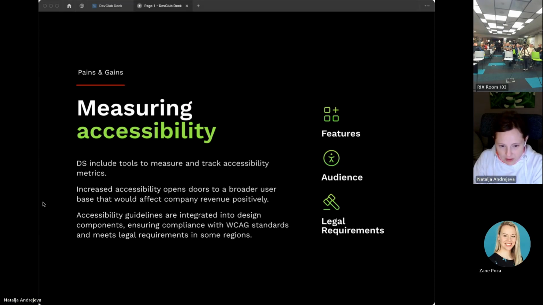Okay, so I would like to focus a little bit more on accessibility. Today's design systems include tools to measure and track accessibility metrics. Increased accessibility opens the door to a broader user base that would affect company revenue positively. So this is something that the marketing department would embrace, right? Especially thinking of the European Accessibility Act coming into effect in 2025, being compliant with accessibility standards becomes even more crucial. And design systems help us efficiently measure and track these accessibility metrics,